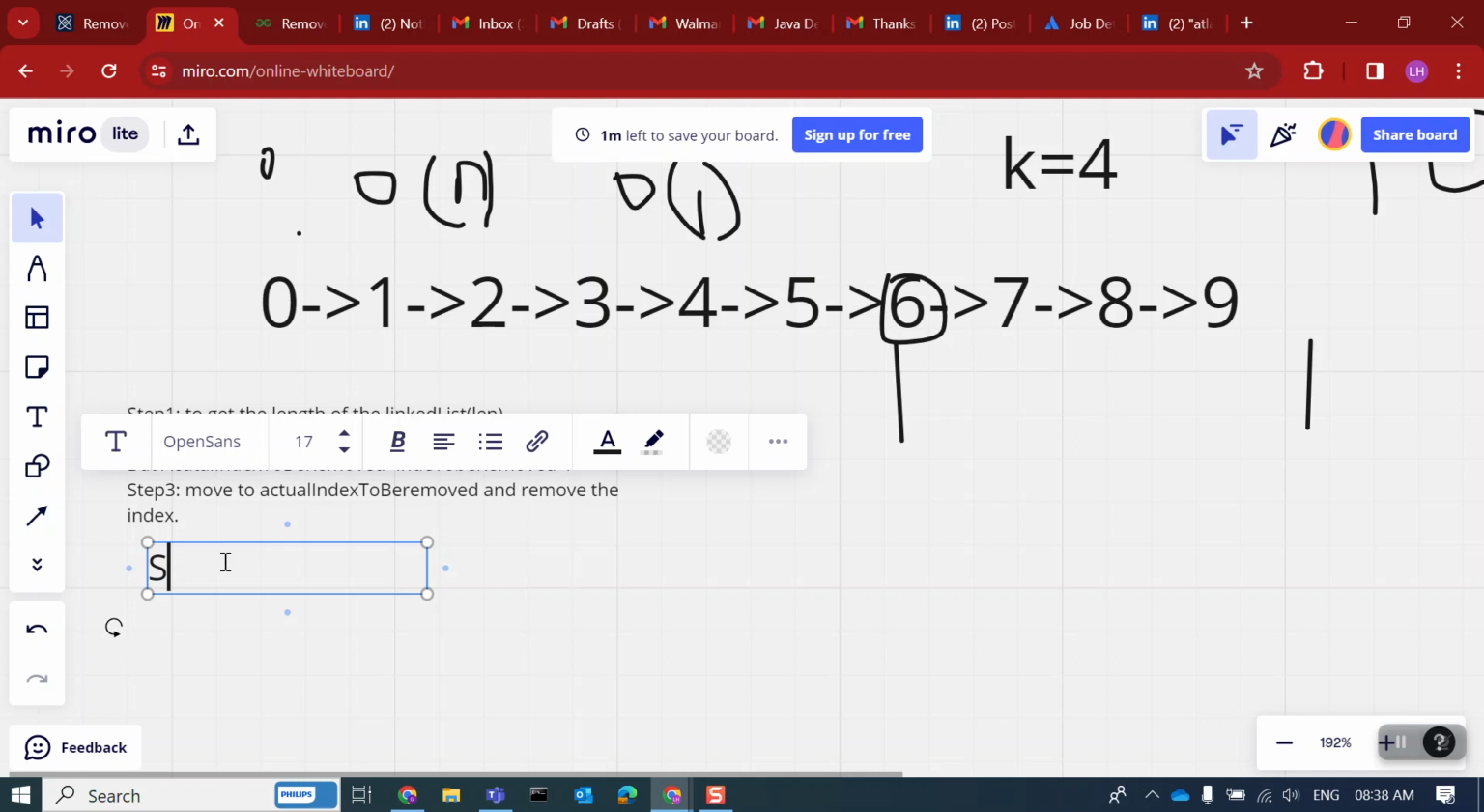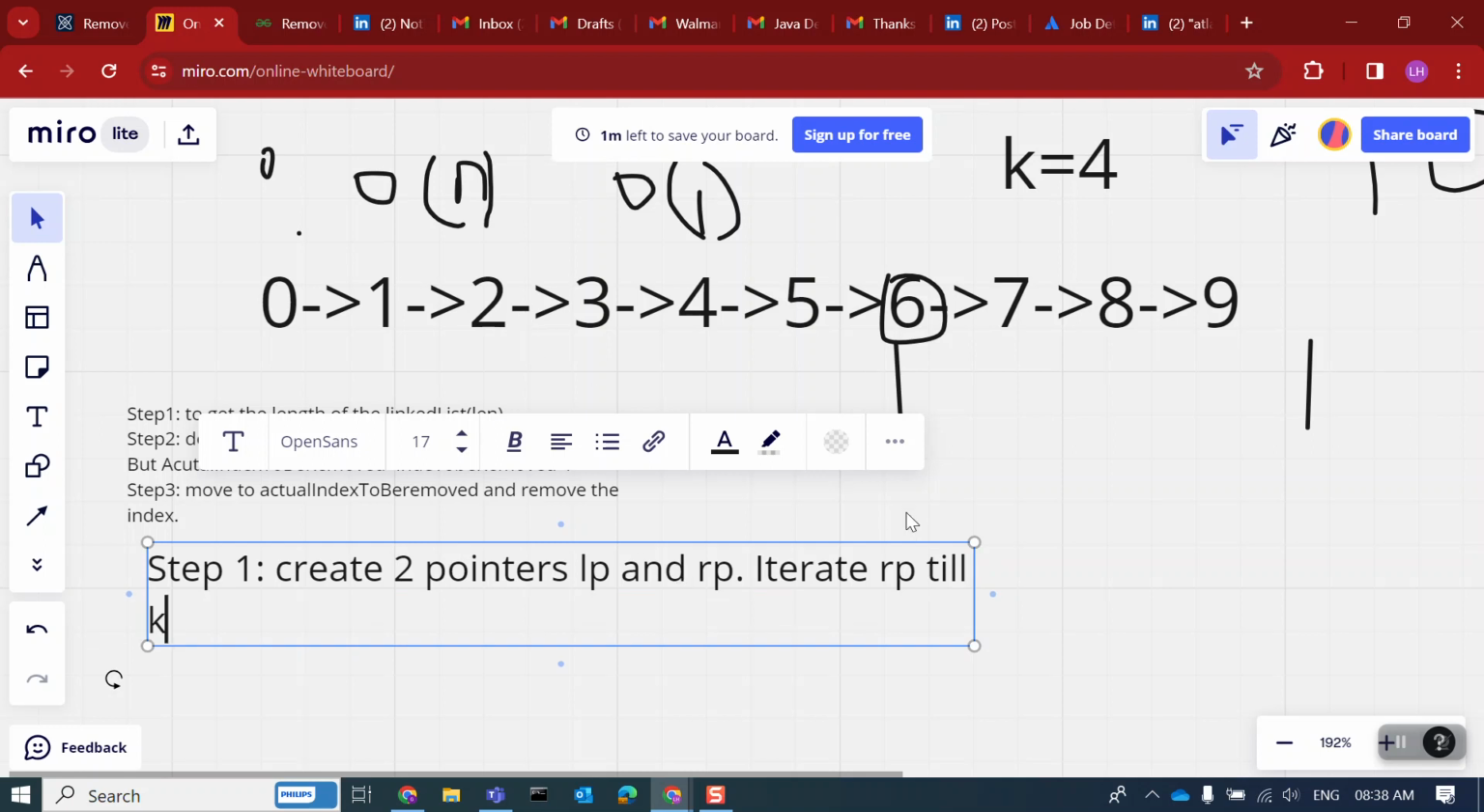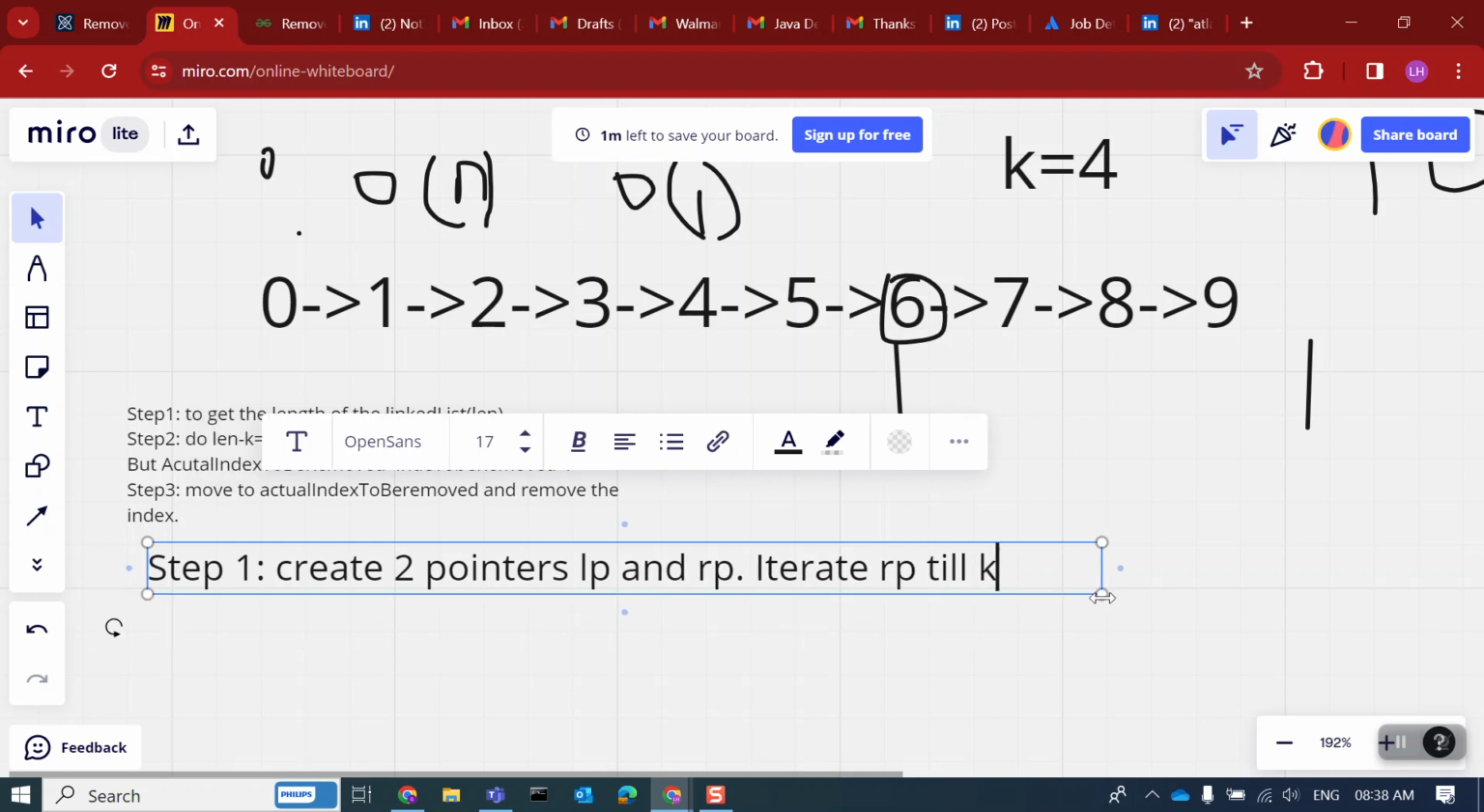So step 1: create two pointers, LP and RP, left pointer and right pointer. Iterate RP till k. So move RP till k. If k is equal to 4, move till 4. And next,